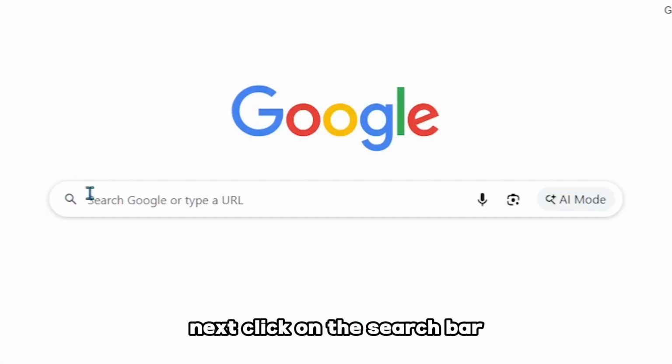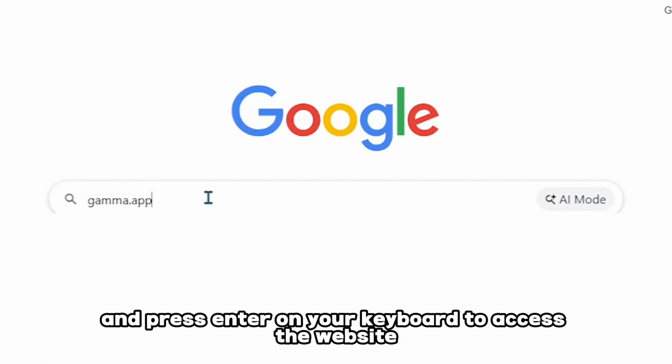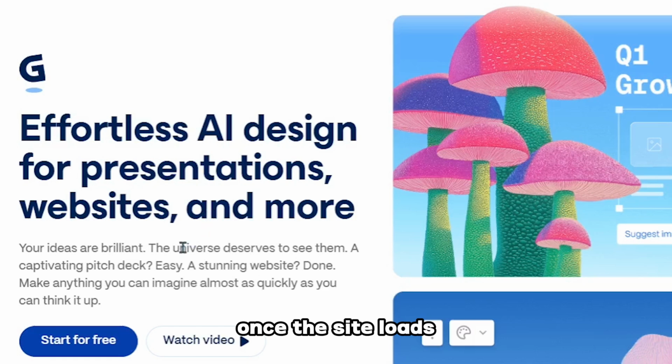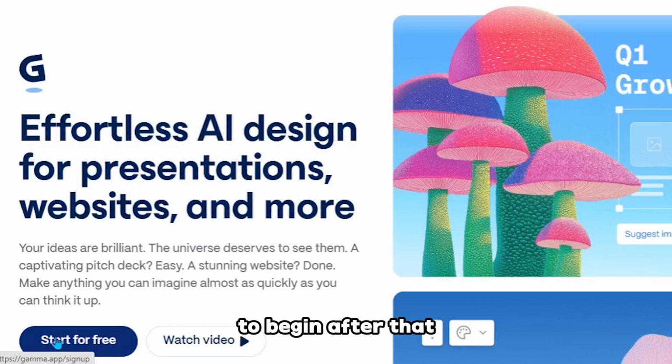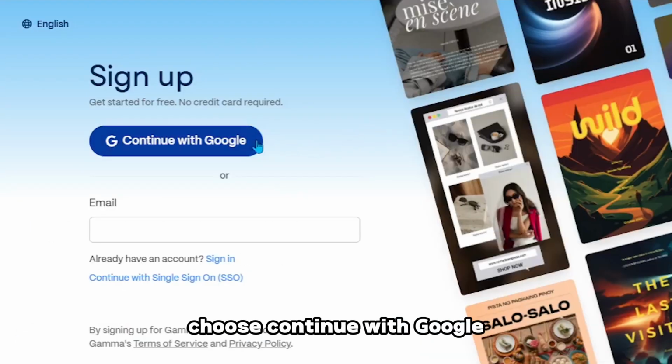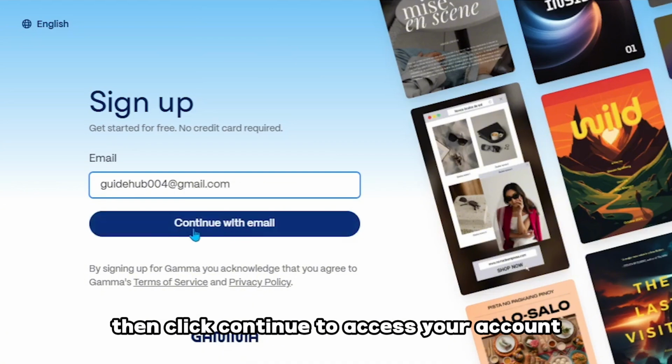Next, click on the search bar, type Gamma and press Enter on your keyboard to access the website. Once the site loads, find and click the Start for Free button on the screen to begin. After that, choose Continue with Google or enter your email and password, then click Continue to access your account and